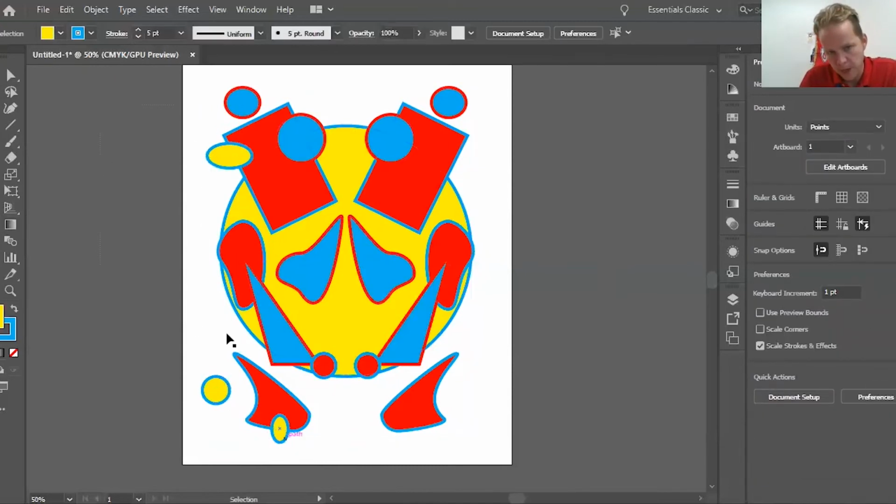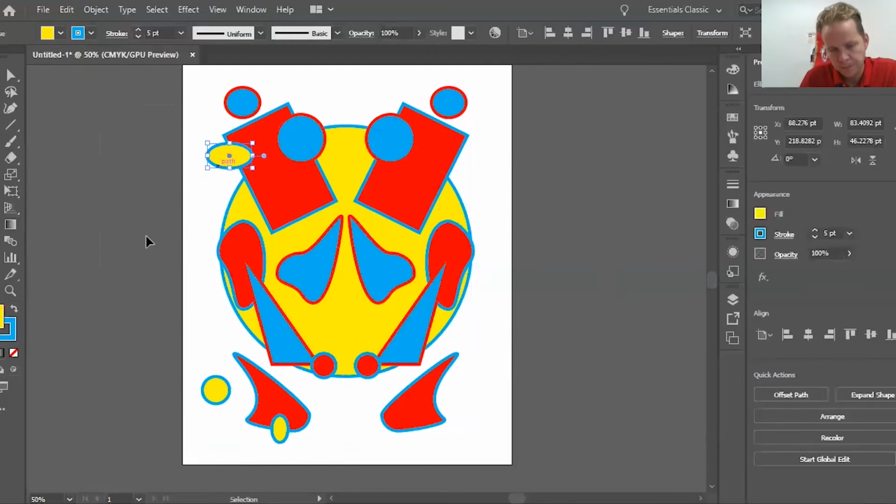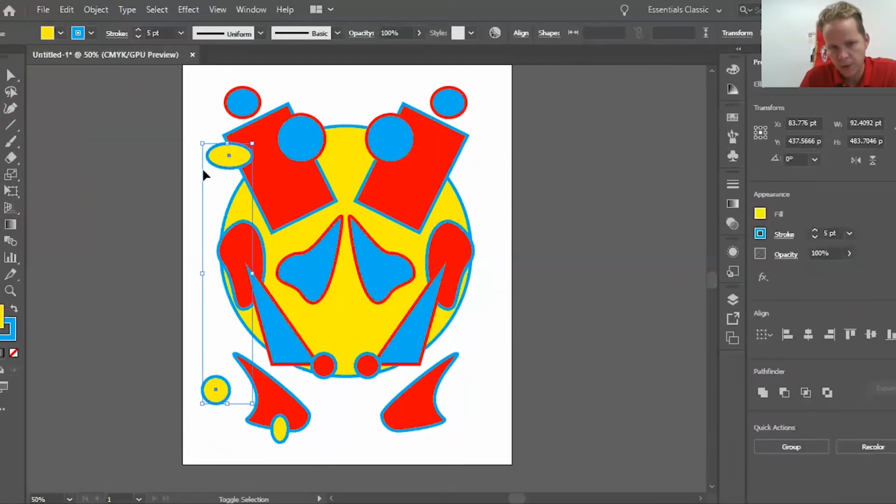these 3 items, right? So if I click an item, then I hold Shift and then click another item, it'll join that selection. And then I can hold Shift and click a 3rd item. And so now the only items that are selected are the ones that I clicked while holding Shift. So it's a way to select random pieces throughout your piece of artwork without necessarily selecting stuff that you don't want to. If you hold Shift and click multiple items, it'll allow you some precision while you're trying to select